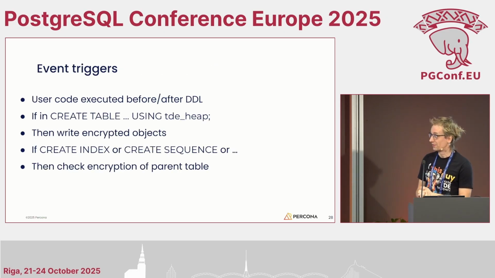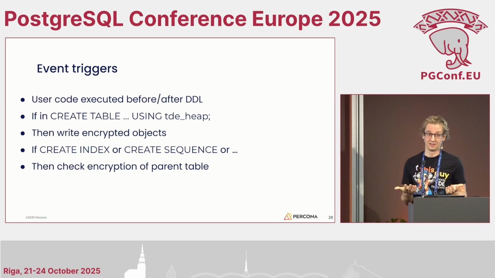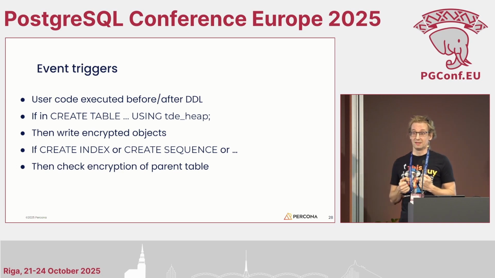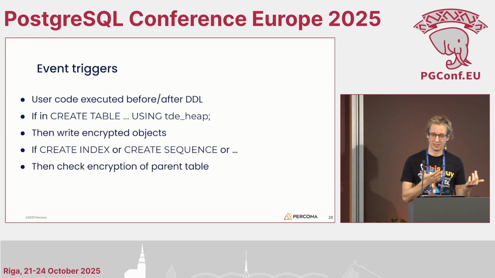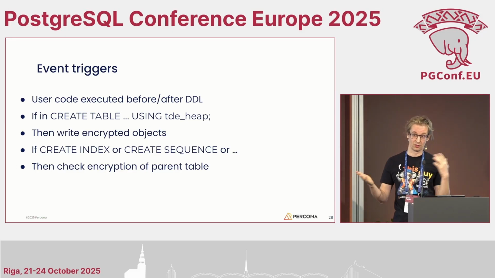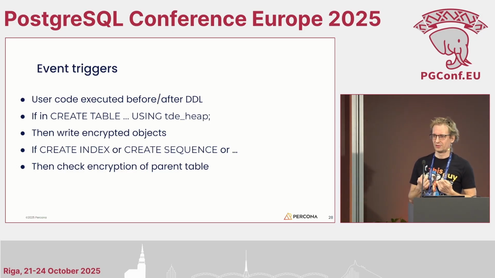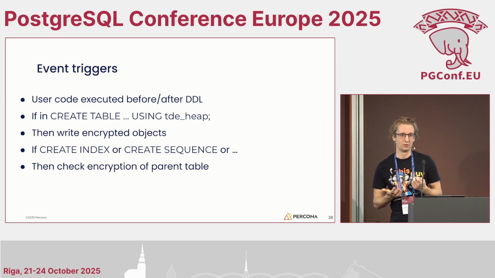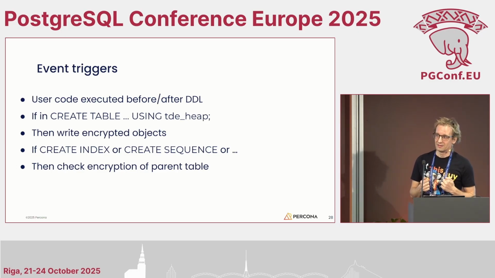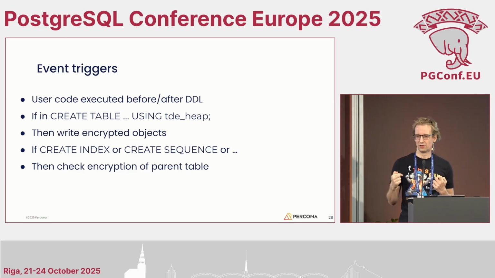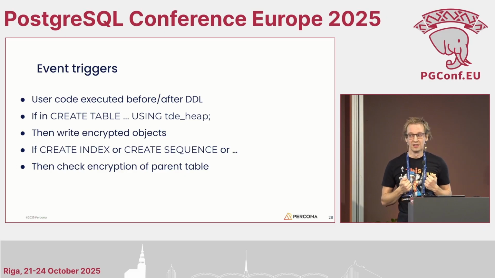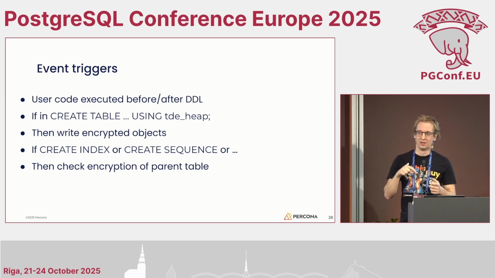And for that, we decided to use event triggers, which is also an existing feature in Postgres, maybe less known than normal triggers, but it's there. Basically, normal triggers work on data modification statements, like you can add the triggers for an insert or an update, while event triggers work on data definition statements. We can add the triggers for a create table or an alter table or other DDL statements. And with this, we were able to add the triggers around these statements. And because these triggers have access to the database information, we could check that, do we have to encrypt this table? Or do we have to encrypt this object?